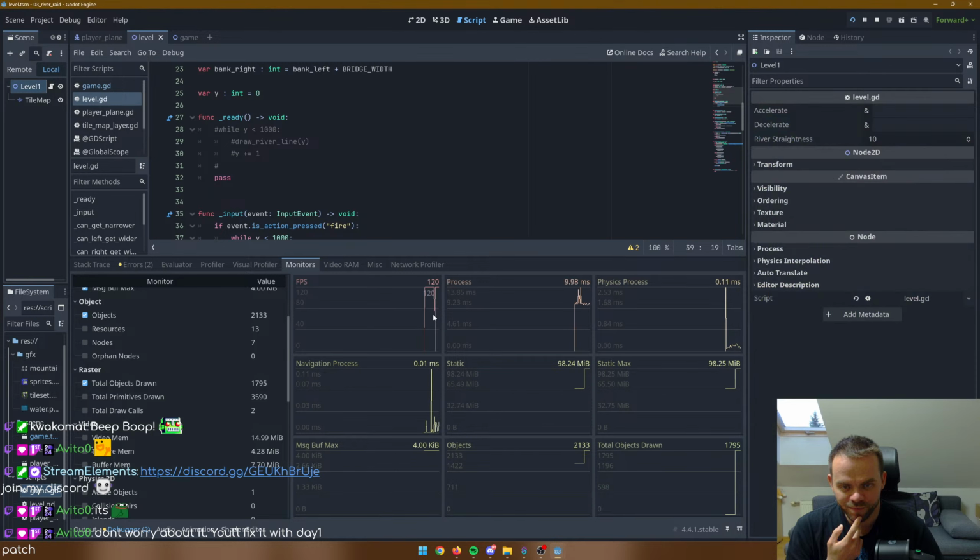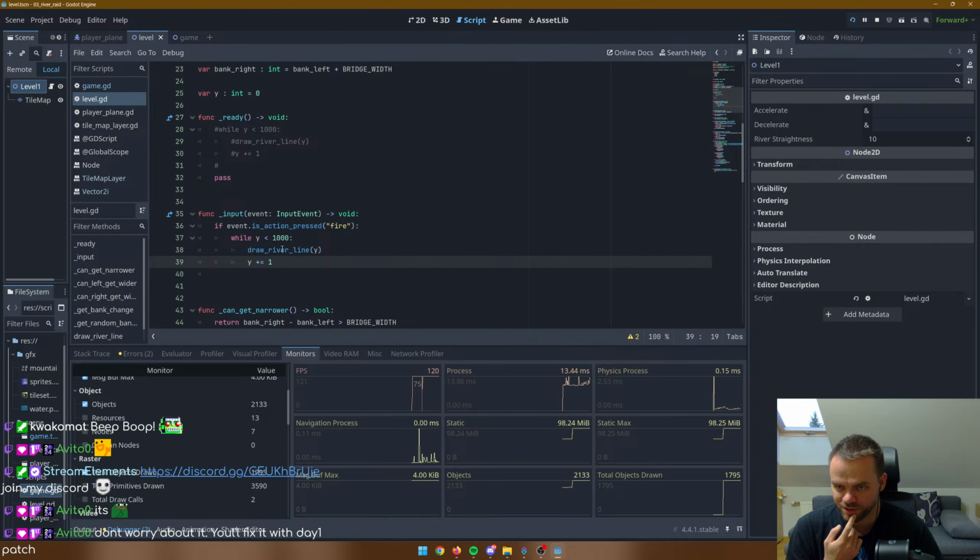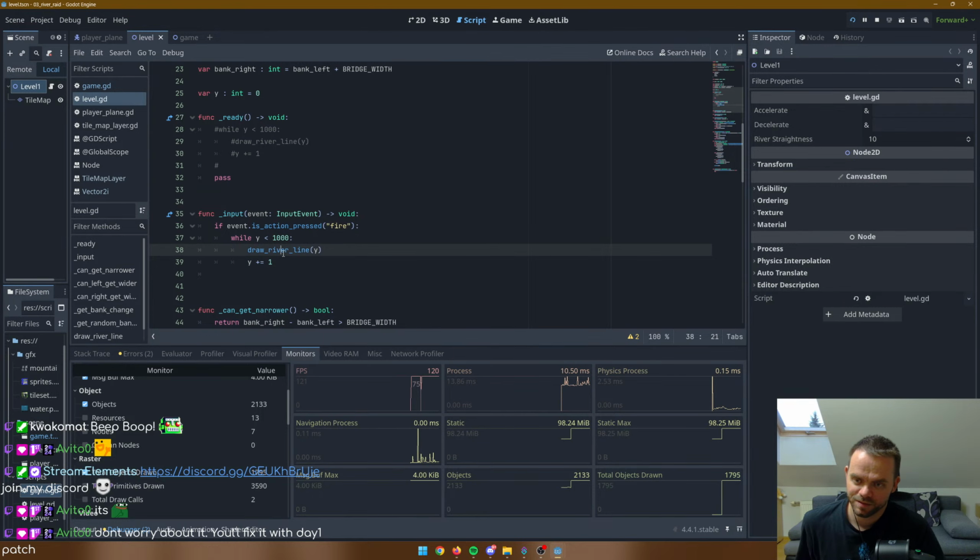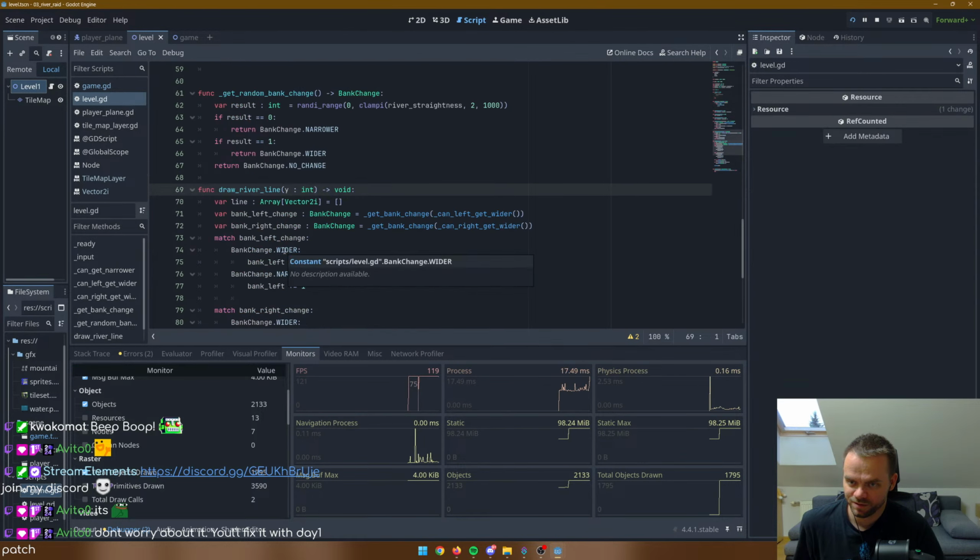So there is FPS drop. It's like significant FPS drop. And what will happen if we just put this in